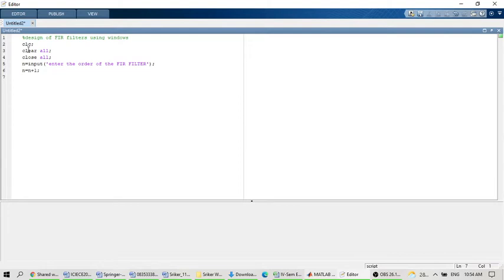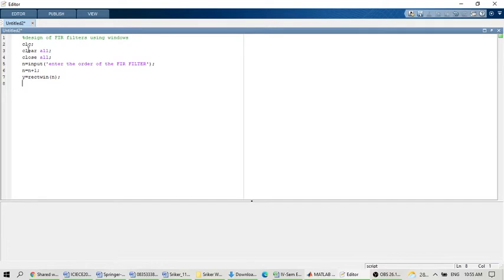And the first window I am using is the rectangular window. So in order to generate the rectangular window sequence, the command I am going to use is rectwin, or else I can use the command boxcar also. And what are the input parameters for this rectangular window? The length of the sequence. Here the length is n1, so give here n1. Now I have calculated the rectangular window sequence.